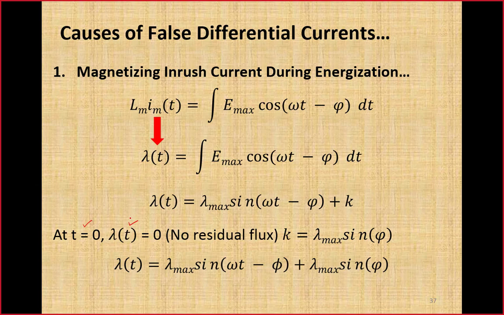This quantity just depends upon the angle phi, which was the instant on the voltage waveform at which switching has taken place. We have discussed in the previous slide that when phi is equal to 0, switching was taking place at the peak value of the voltage waveform. When phi is equal to 90 degrees or a multiple of 90 degrees, the switching instant on the voltage waveform was the zero crossing of voltage. So this is a DC component, a constant value, and its magnitude depends upon the angle phi.